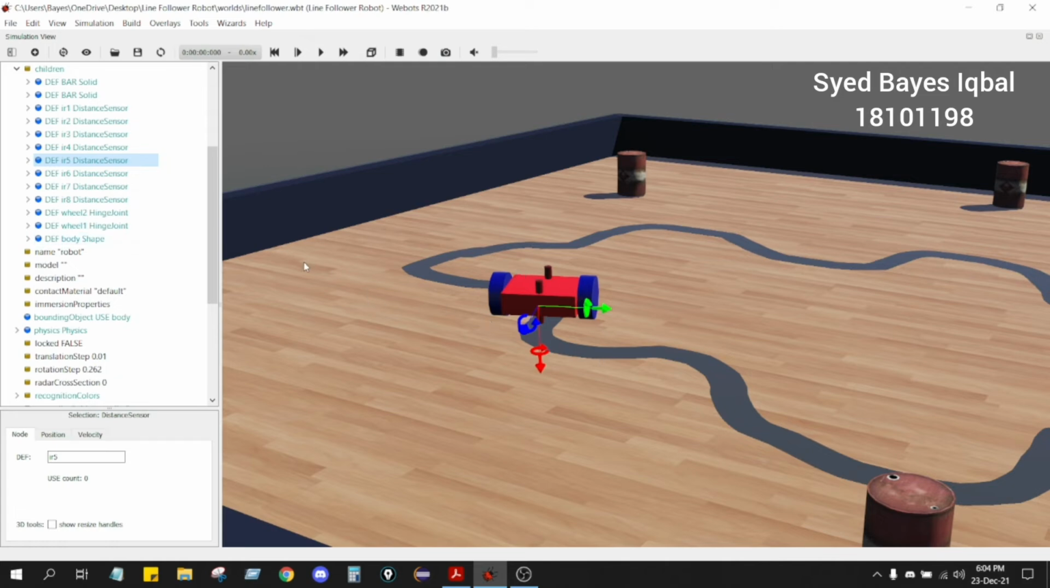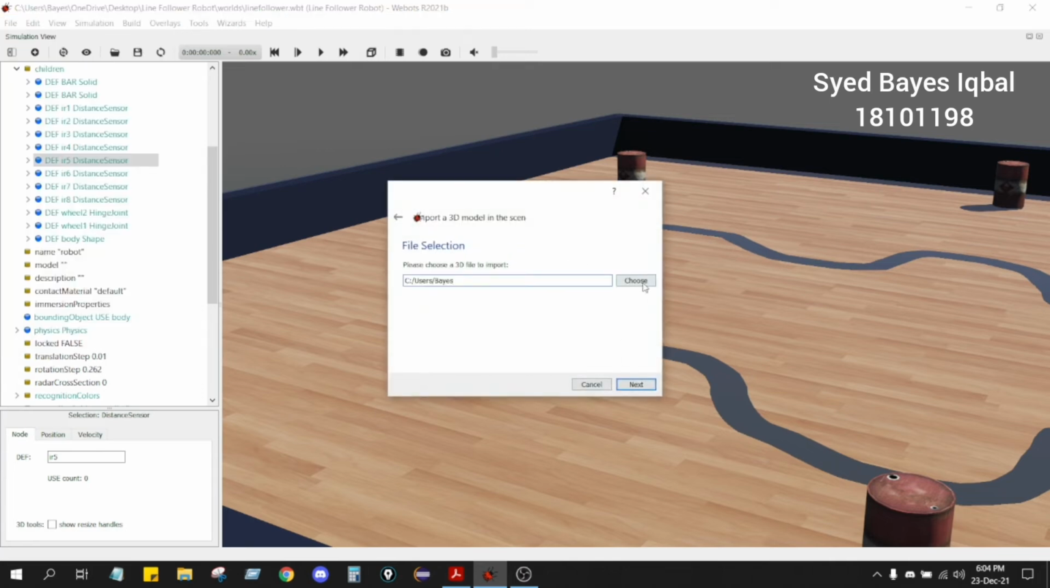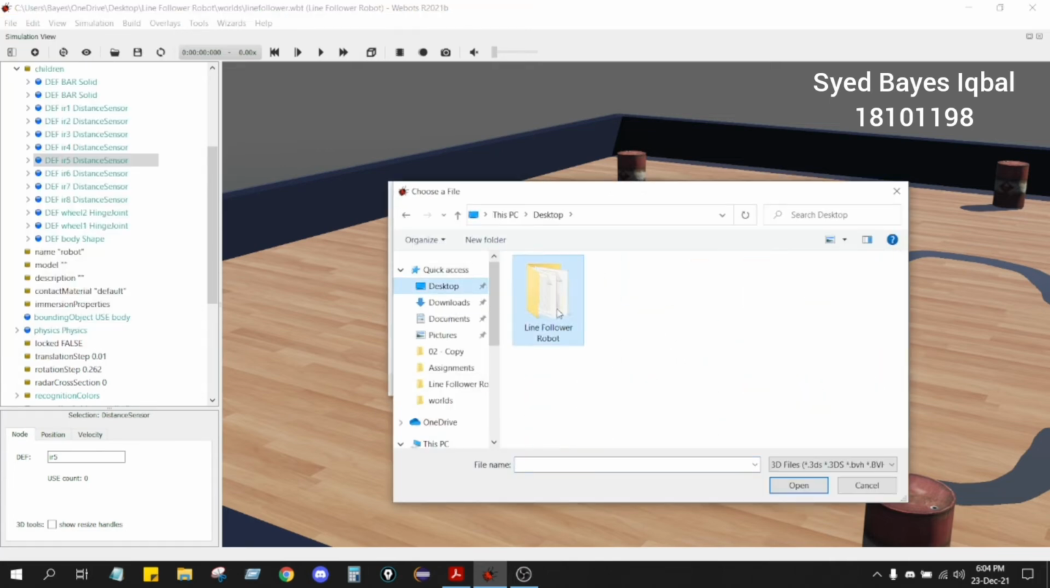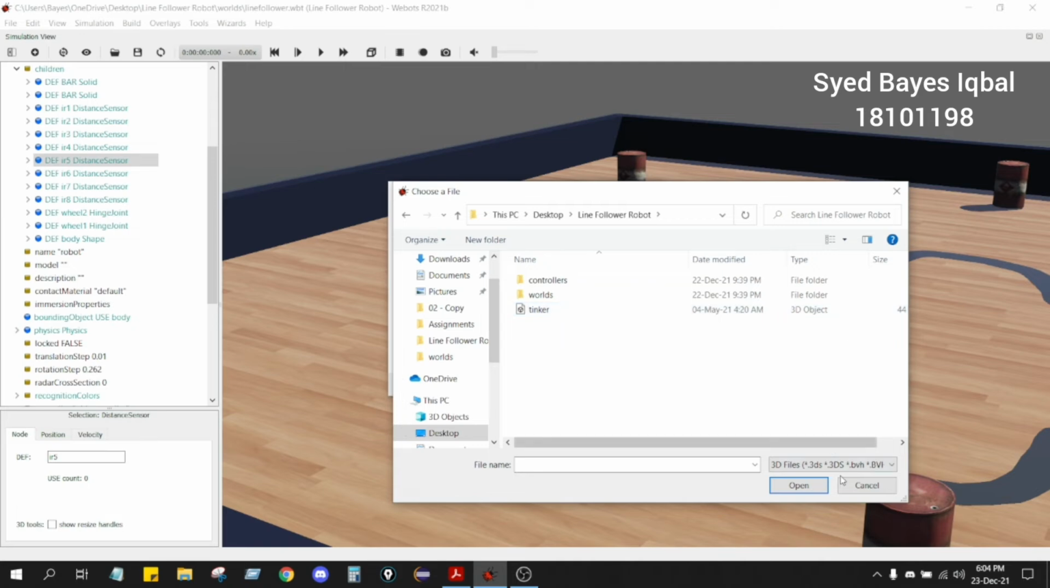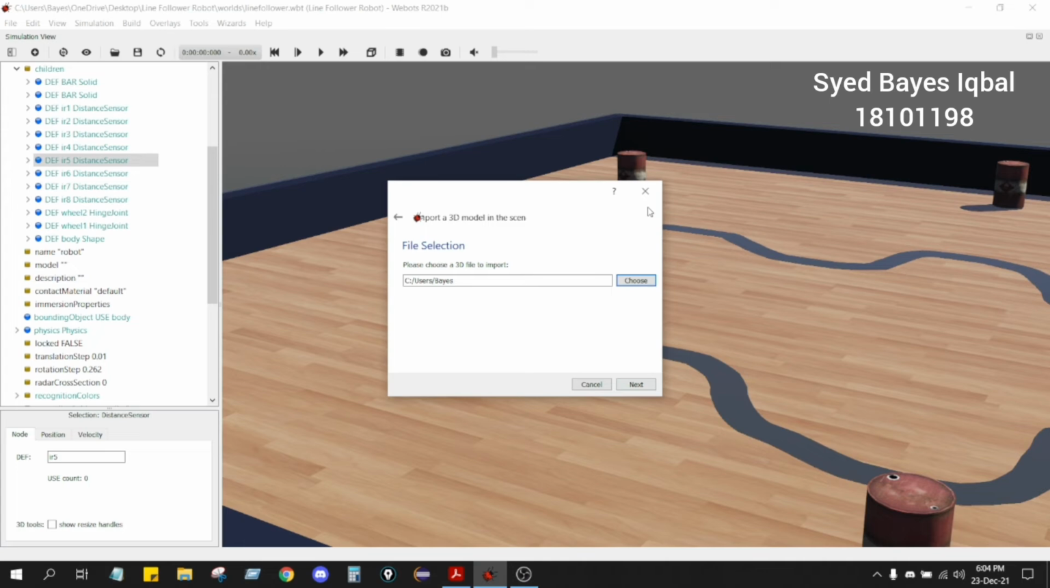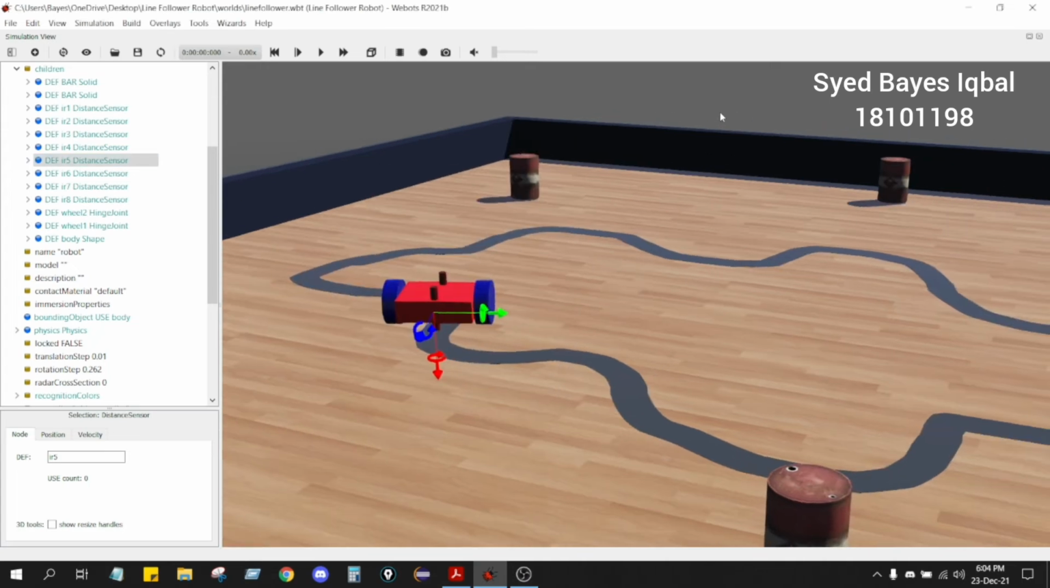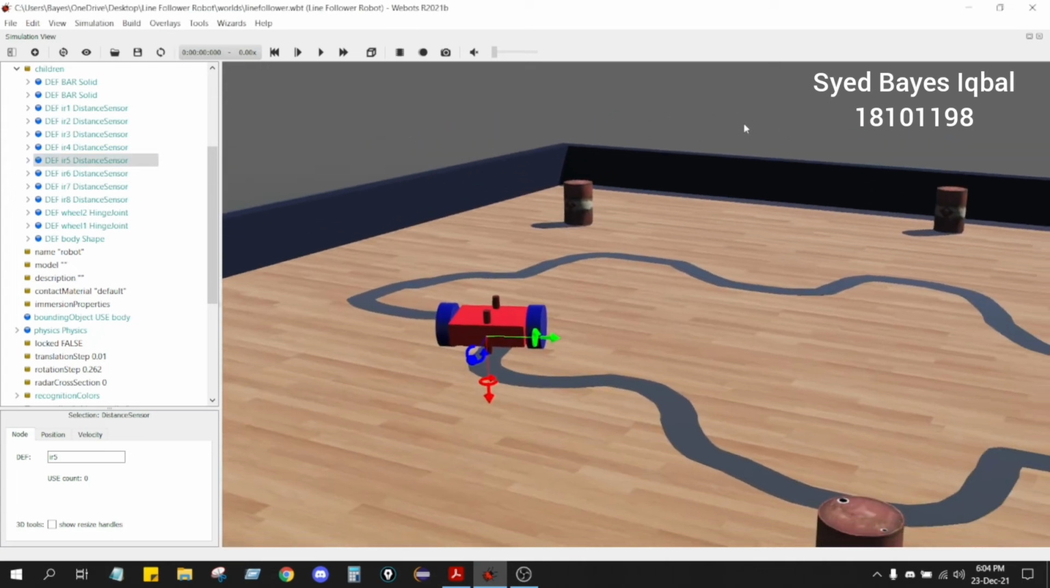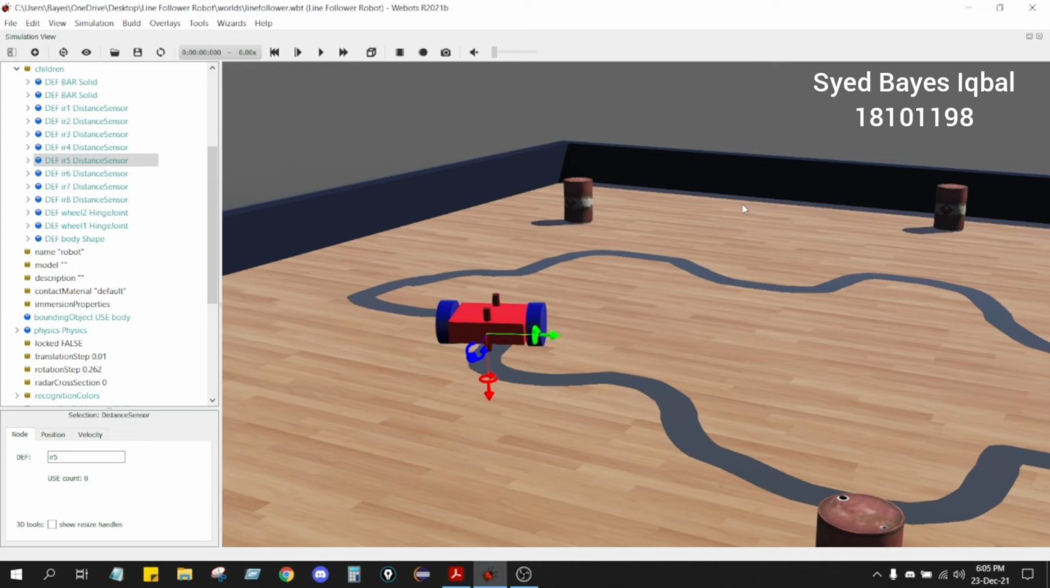After creating a line shape from Autodesk Tinkercad, we import it from a file. Then we choose our Tinker object. I've already chosen it here. So then we just do next. After importing it in this project, we give our